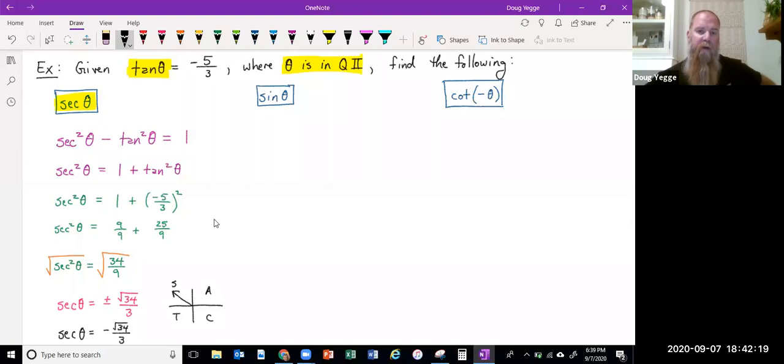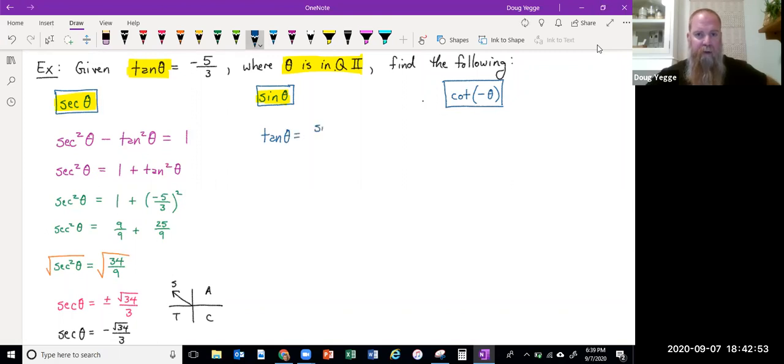So why don't we go ahead and do the next one, where we're trying to find what sine of theta is. Now the beauty of this is that not only do we know what tangent theta is, but we also know what secant of theta is. And so if I want to now find sine of theta, maybe we could come up with an identity involving tangent theta and sine of theta. The identity that involves sine theta and tangent theta, the only one that we can think of, would be that tangent of theta